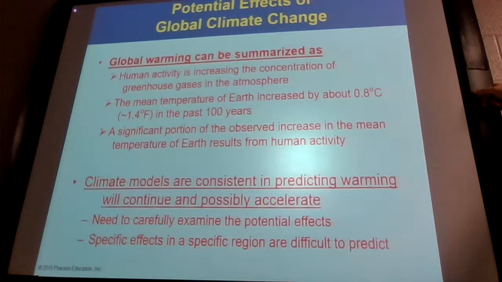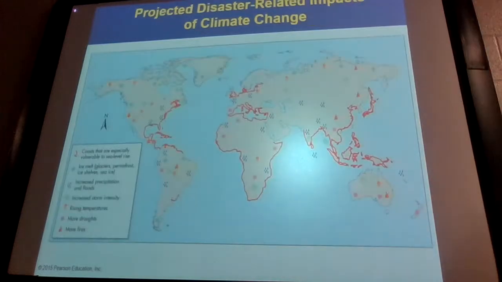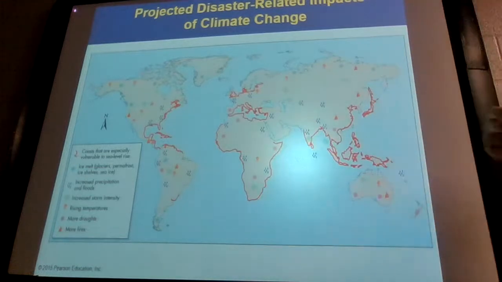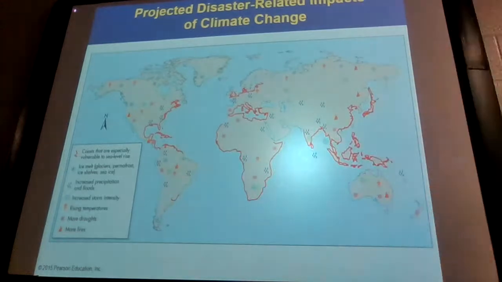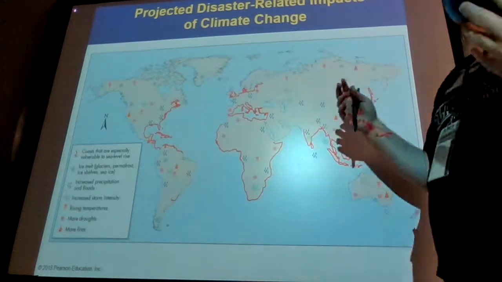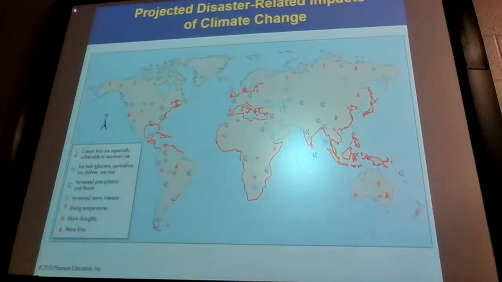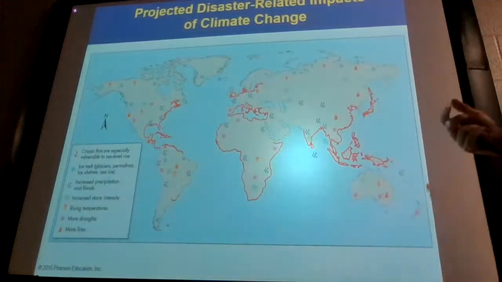So let's see. Potential effects of global warming. Obviously, we've got the climate warming. We're going to see climate change. I think one of the big things is the coastlines. If the sea levels rise, we're going to lose a lot of land on the coast. That's going to cause a lot of people to have to move. Anytime large masses of people have to move, it puts a strain on the food supply in the globe and on the economy. It's difficult for humans to handle large migrations.